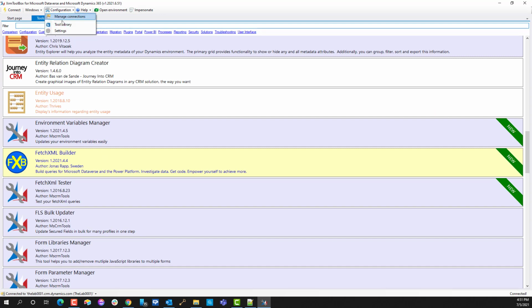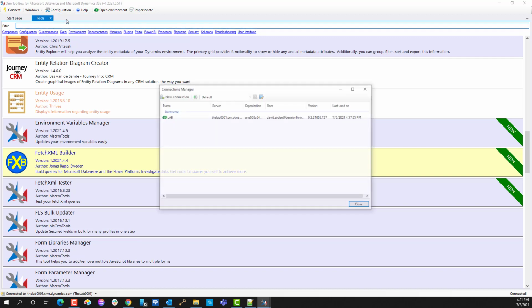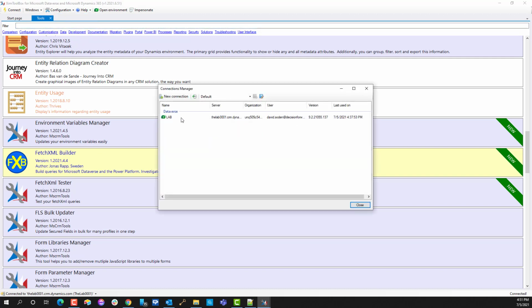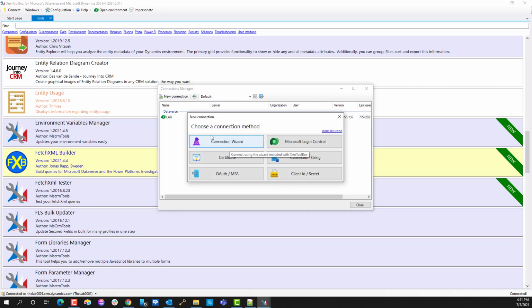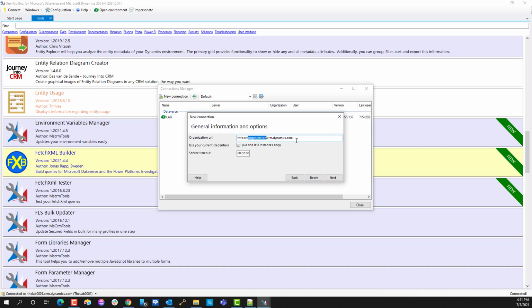to this configuration. Manage connections is something that you're going to want to deal with. I already have a connection to my server, and my server looks like this. If I choose New Connection, you'll want to choose the Connection Wizard, and then you're going to get this. What you'll need to do is back out this part of the URL, keep the HTTPS part,